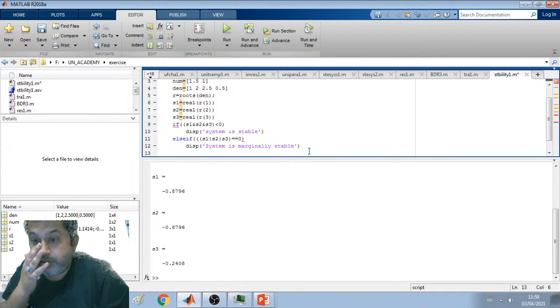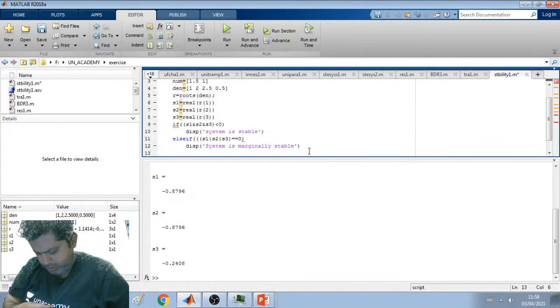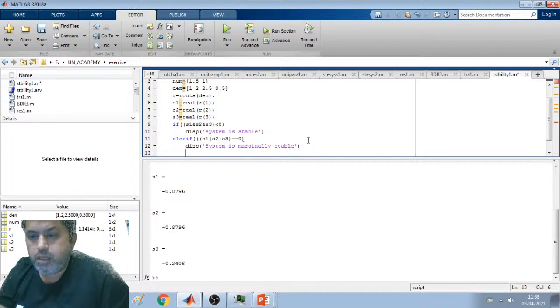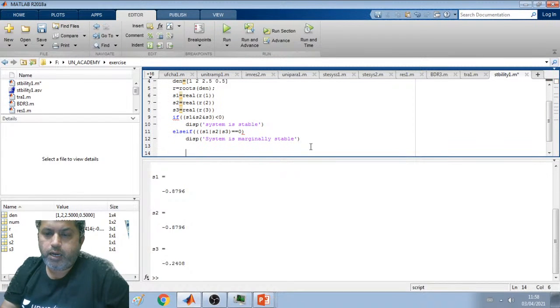Else if system is marginally stable. Okay. So let us see that this is the